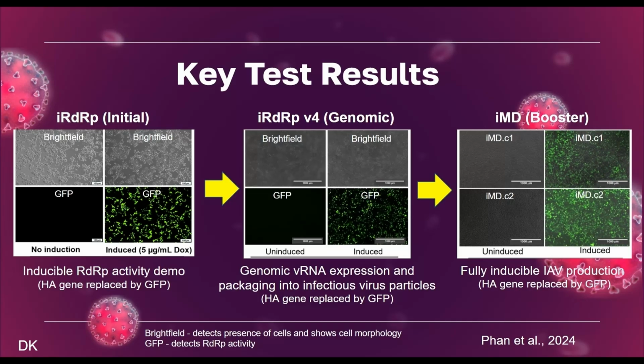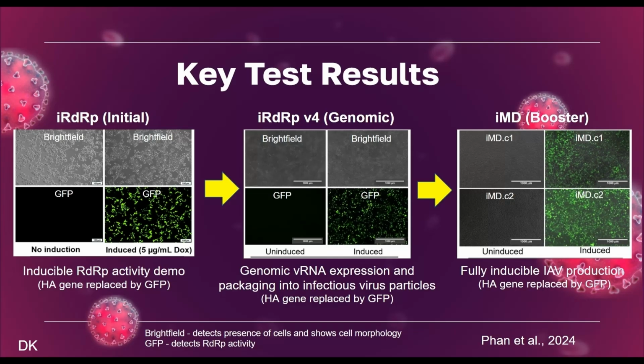Likewise, at the second stage, in the middle of the figure, we show that as a result of the genomic gene module being integrated into the host cell line, these viral RNA expressions are actually produced and packaged into infectious virus particles, with again an HA gene being replaced by the green fluorescent protein, so you can see the results. And then finally, we show on the far right the fact that they actually produced a fully inducible